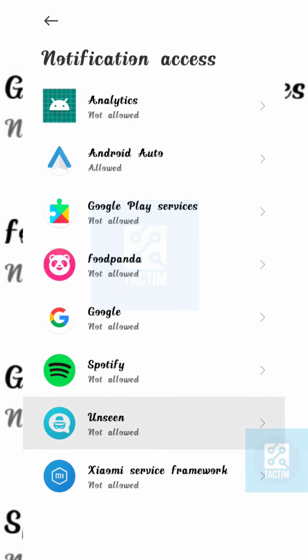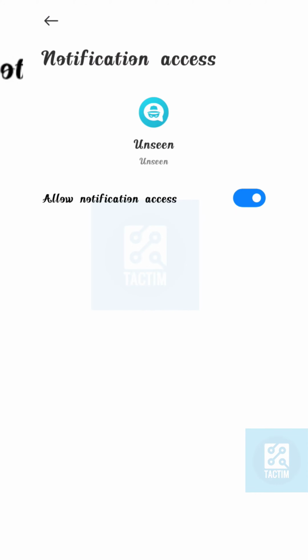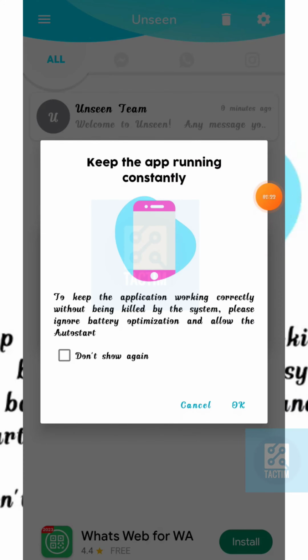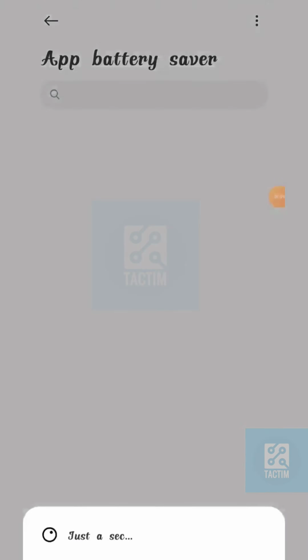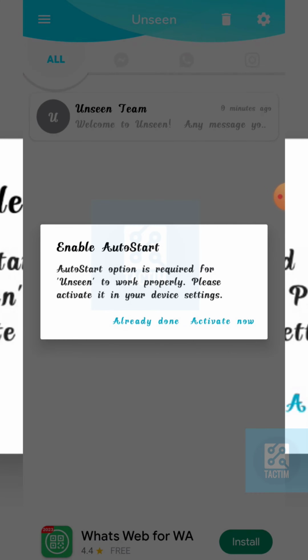Click on Unseen and select allow notification access. Click on OK after 10 seconds and click on I am aware of the possible risks. Now just click on OK. Go back, click on already done,